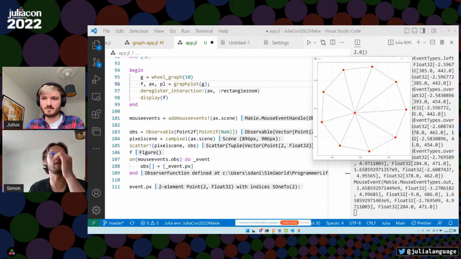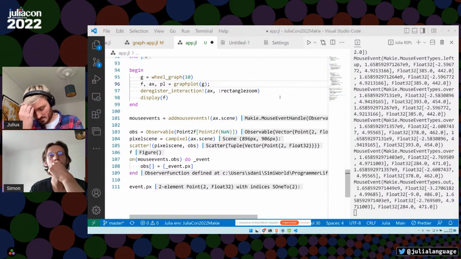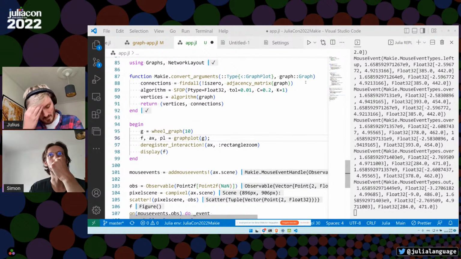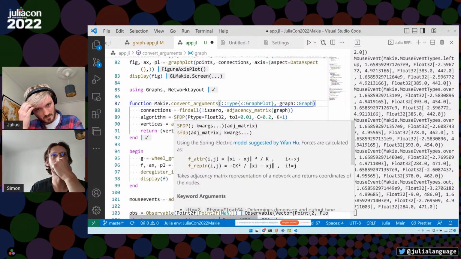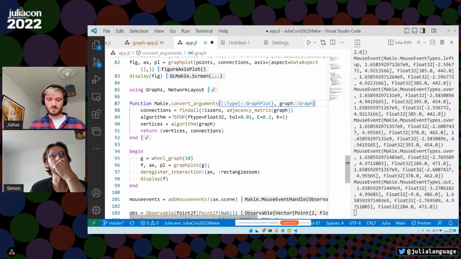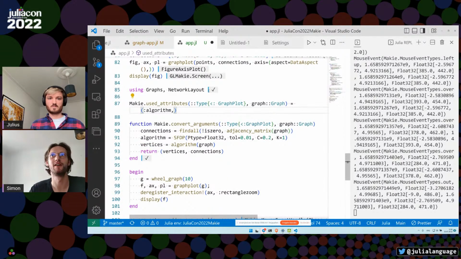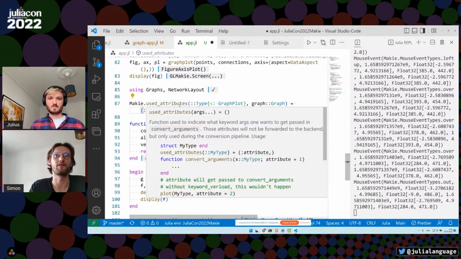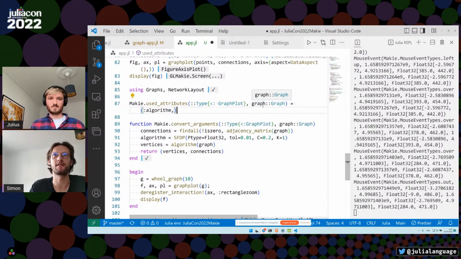So for example, having actual keyword arguments in convert arguments, so that you could change the algorithm in here, which is currently hard-coded. That is possible right now, but not heavily talked about, because it's also a bit of an ad hoc API that is not as clean as I would like it to be,